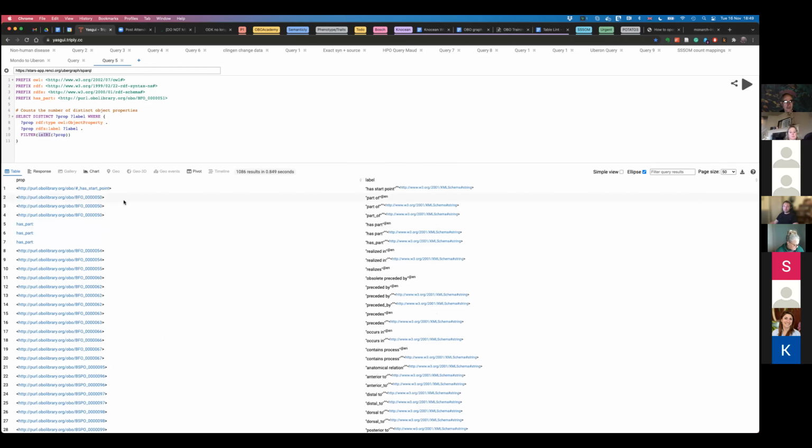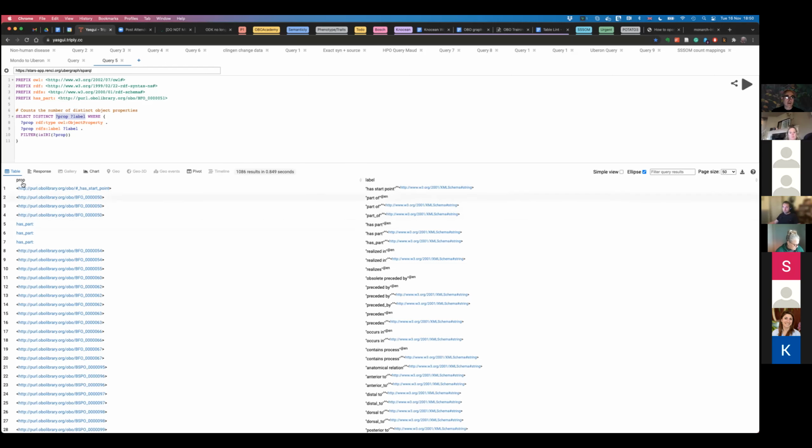In fact, one thing you should notice here is that the fact that I added the label already introduced some duplication to the results. Although we said distinct up here, because it returns distinct results of prop and label, it will go and return all combinations of property and label across the entire triple store. So you can see here